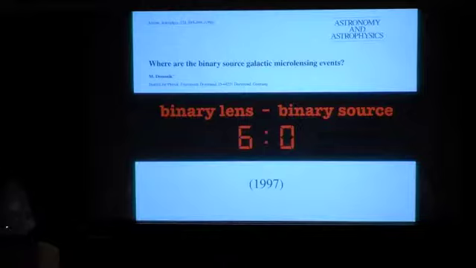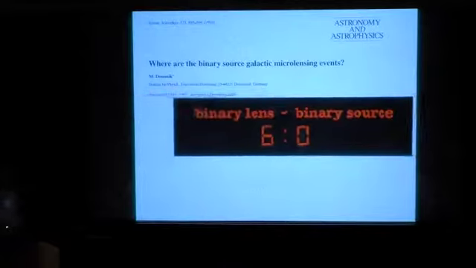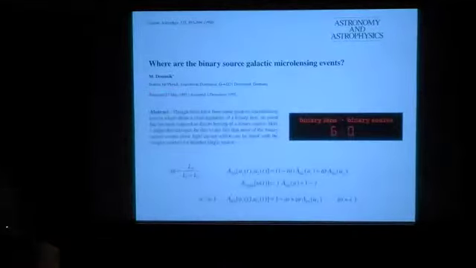A key issue is how characteristically identifiable they are. Griest and Hu compared them with an isolated single source star and a single lens object. But if only one of the stars is substantially magnified, the other star contributes a close to constant amount of light, and the binary source light curve is hardly distinguishable from that arising for any other type of blending. That means there should be fewer distinctive binary source events.